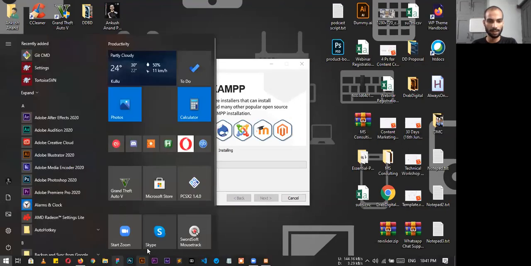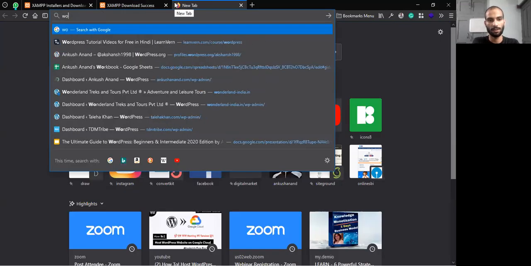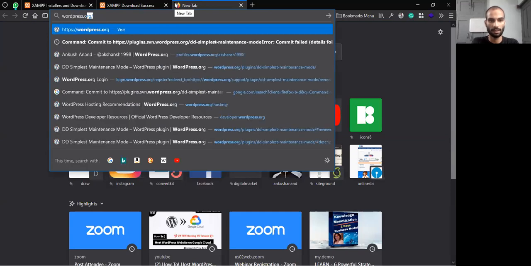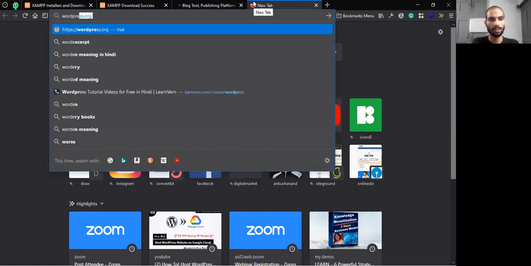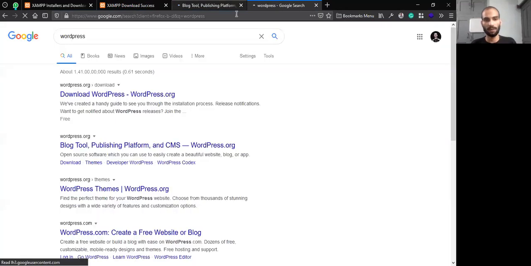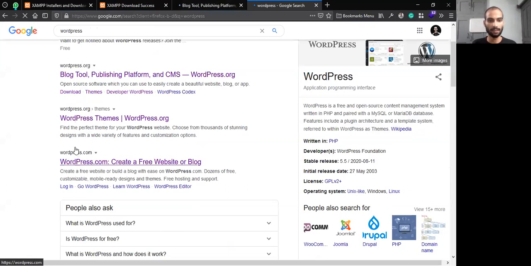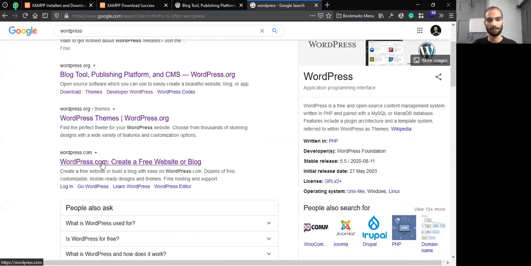As you guys already know, WordPress is a free software which you can use to build your website. For that, you have to go to wordpress.org. I want to make sure that you know there are two types of WordPress in the market. One is a hosted platform by WordPress.com, this one, and then this is another one where you can download the software and use it. This is an open source software which you can install, and this is a platform, WordPress.com. So you have to go to the WordPress.org website.